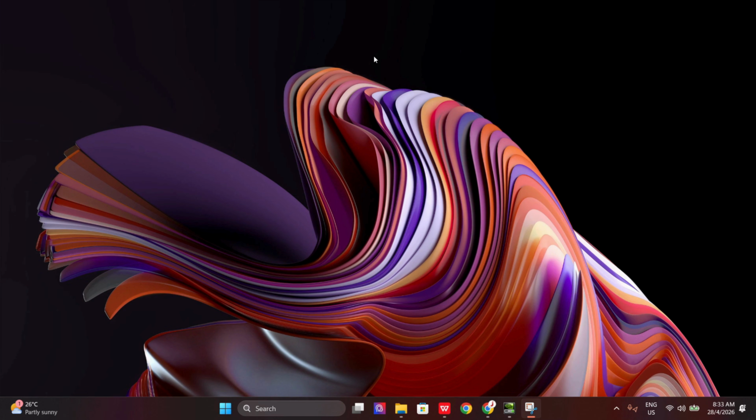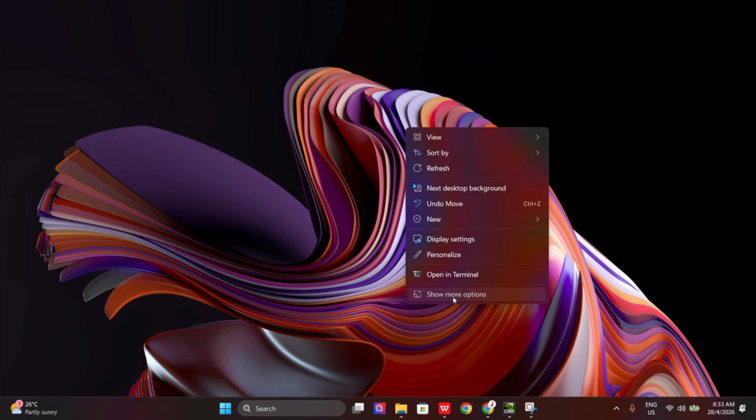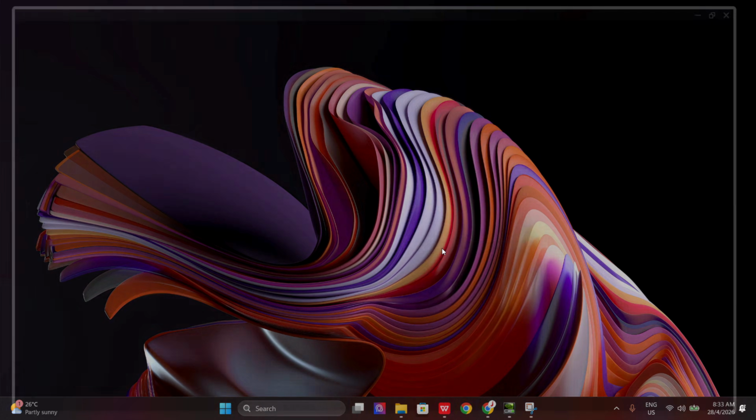In today's video I'll show you how to turn on RTX Nvidia Video Super Resolution on Windows. So basically, first step, we need to right click, show more options, then we need to open the Nvidia app. You need to make sure that your